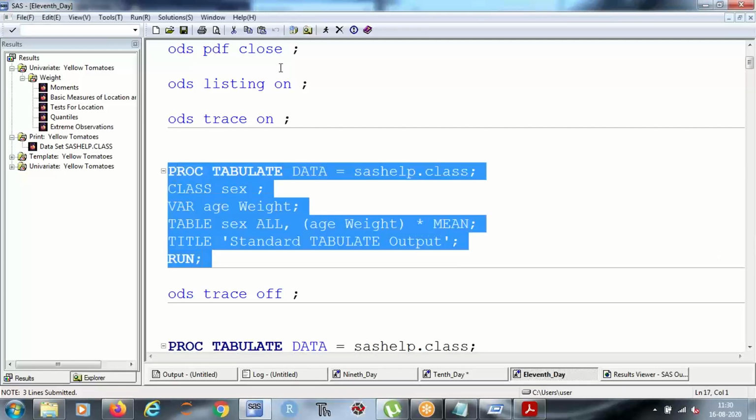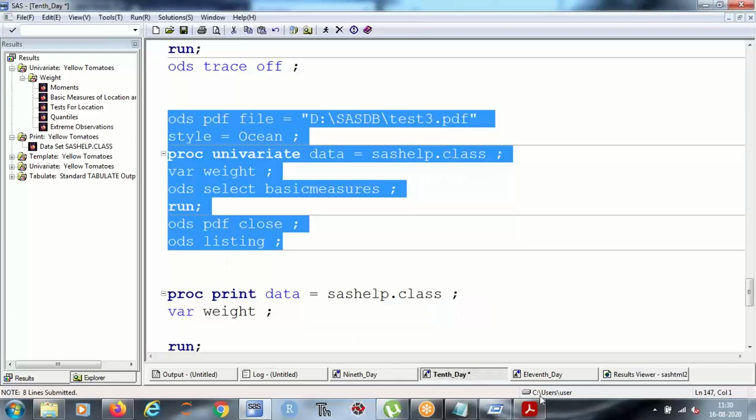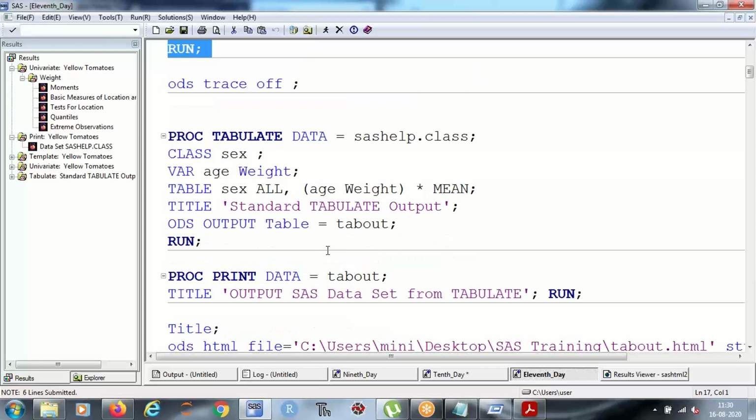So let me show you the output of this. This is the output of proc tabulate, where you have summarized your SASHELP.CLASS data, and you have an average for age and average for weight. Now, if you want to send this output to a particular location, what you require is its name, right? So what you can do,